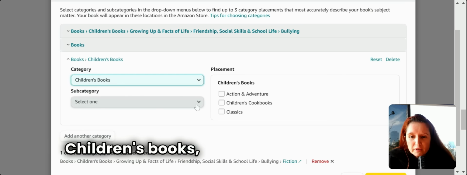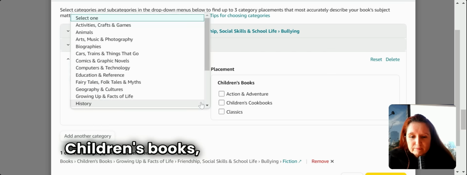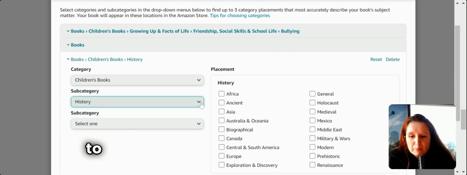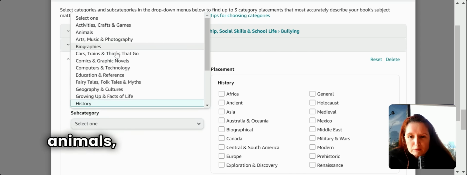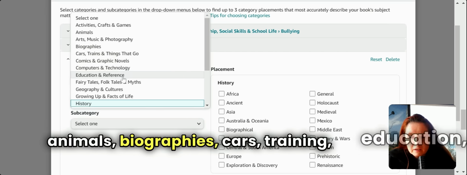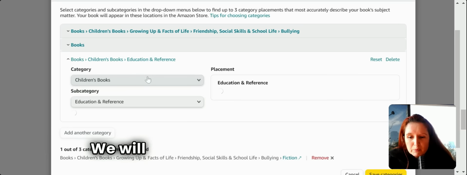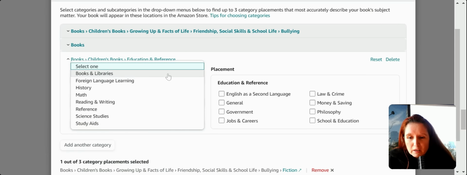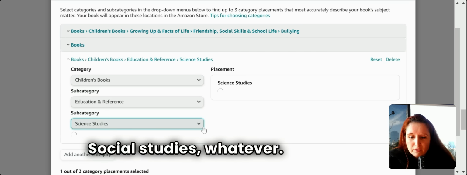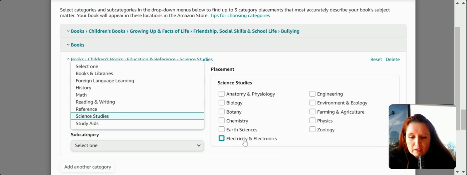Children's books, subsection. You have lots to pick from. Activities, crafts and games, animals, biographies, cars, training, education, reference. Maybe I'll put education and reference. Select one. Social studies, whatever. It's not true, okay, but it's